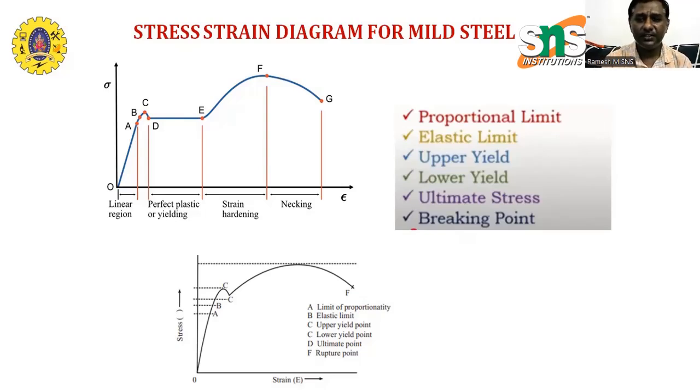So this is about the stress-strain diagram. Once again, I will tell you the important point: the stress-strain diagram is the graphical presentation of how mild steel deforms under increasing tensile load. In the graph, we have stress on the y-axis and strain on the x-axis. As we increase the load, the stress will increase. So how will it deform? From the proportionality limit, which is the first point, the first stage,